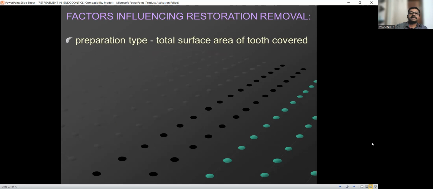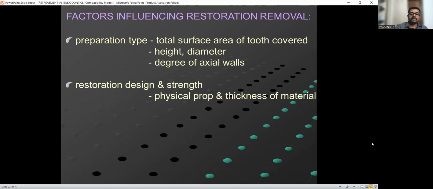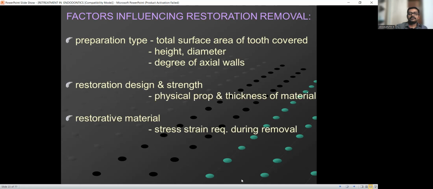Now coming to the factors influencing restoration removal. So what are the factors that influence restoration